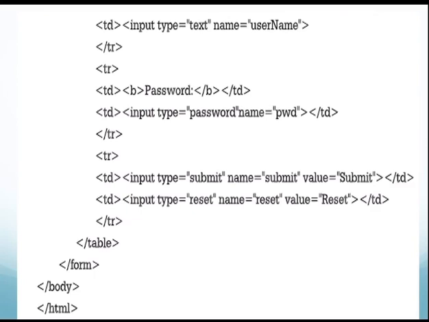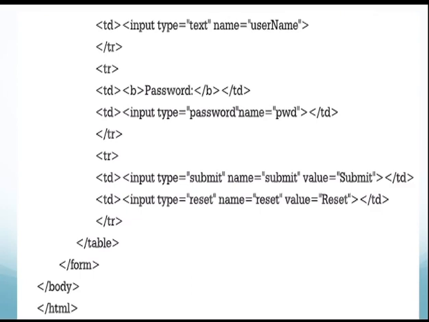Then open the second row, that is tr tag again, then the td tag, then in bold write the word password, then close bold and close your first td tag. Then again for the second data td, input type is equal to, for password you have to set the type as password, and name I have given as pwd. Then close the td tag, close the tr tag. Now for the third row, open the third tr tag, then the td tag, we are going to take a submit button. So input type is equal to submit, name is equal to submit, and value of that button is submit.